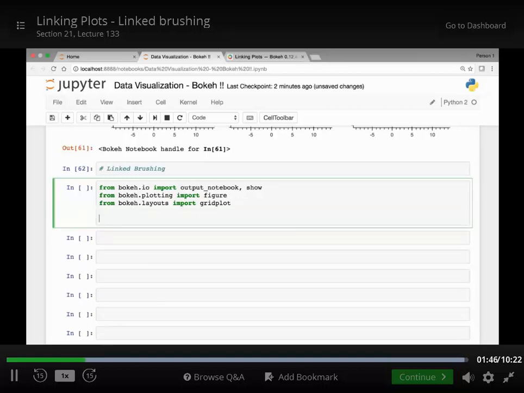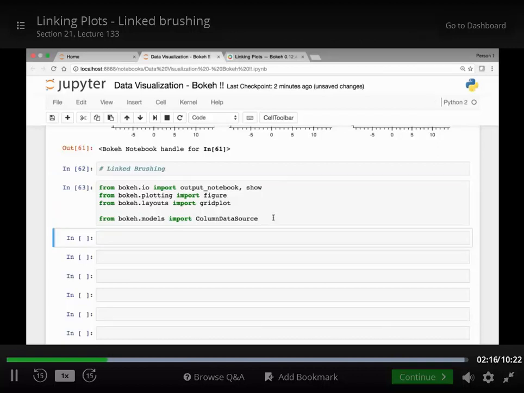And one additional thing we need to import is ColumnDataSource from bokeh.models. So we use this ColumnDataSource method to share our data across the various figures. Let's run this,